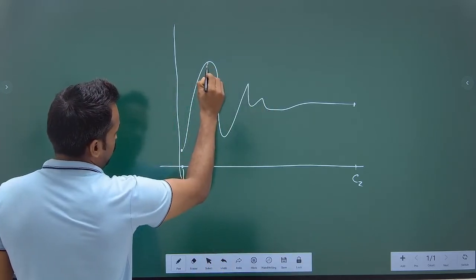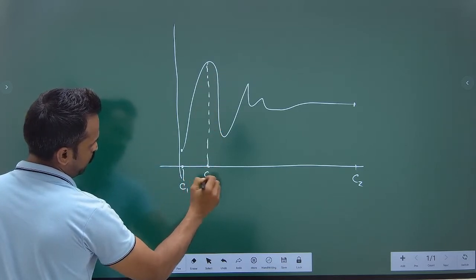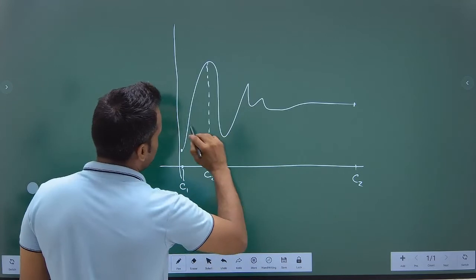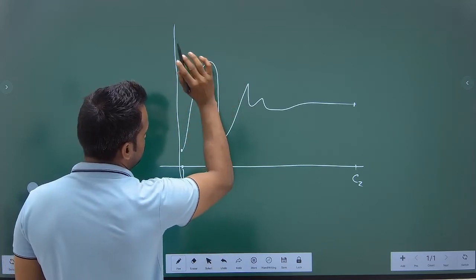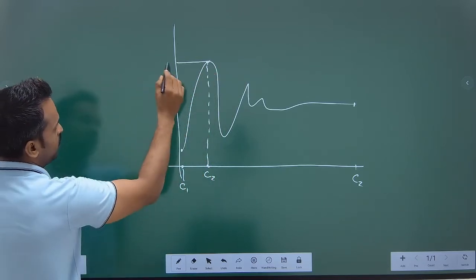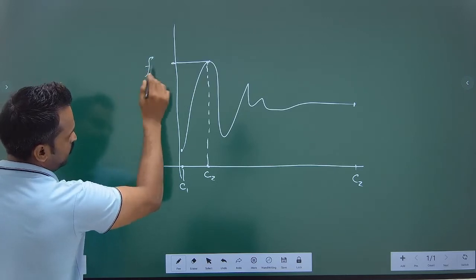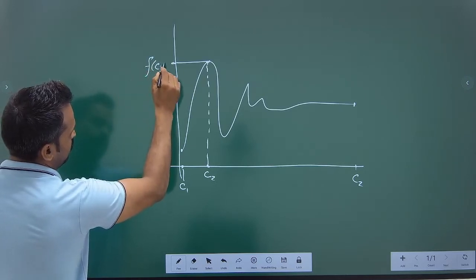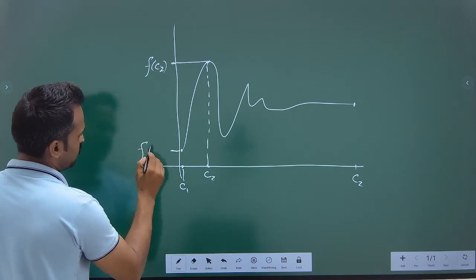Now suppose we can see here that this one is point C2. Okay. In this graph you can see that at point C2 the graph of this function is going to attain its highest value, highest output, right? Value means highest output. It will be known as f(C2), right? And this output is considered as f(C1).